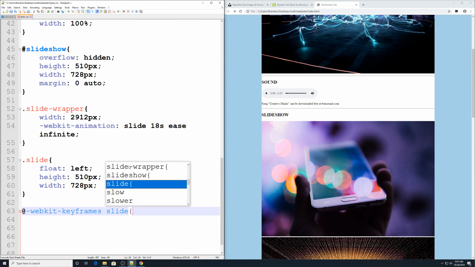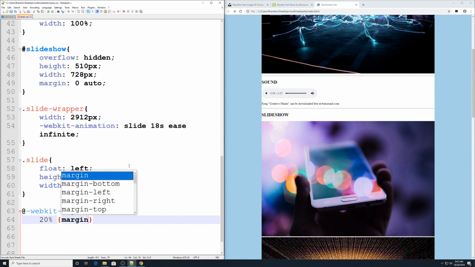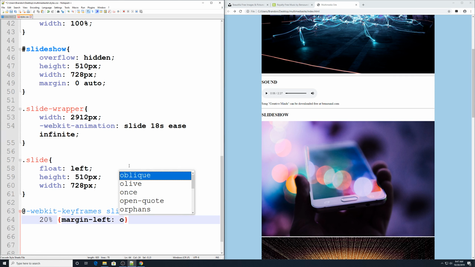Okay, and then after that I'm going to hit enter, and I'm going to go 20%, and then fancy brackets, and in here I'm going to go margin-left: 0px;